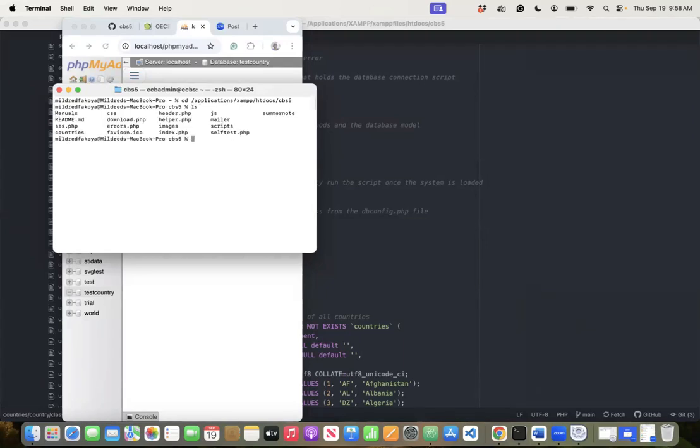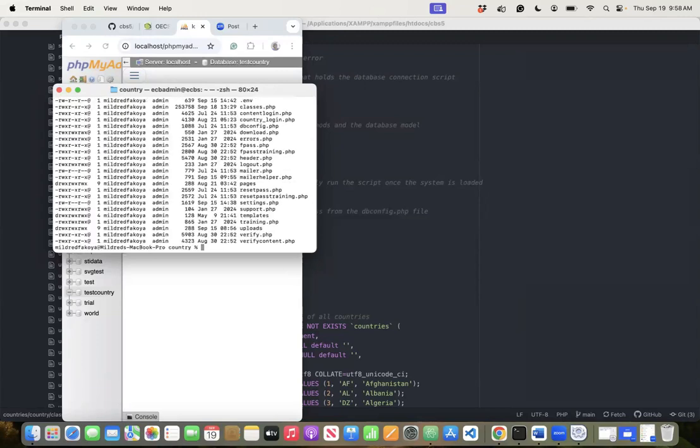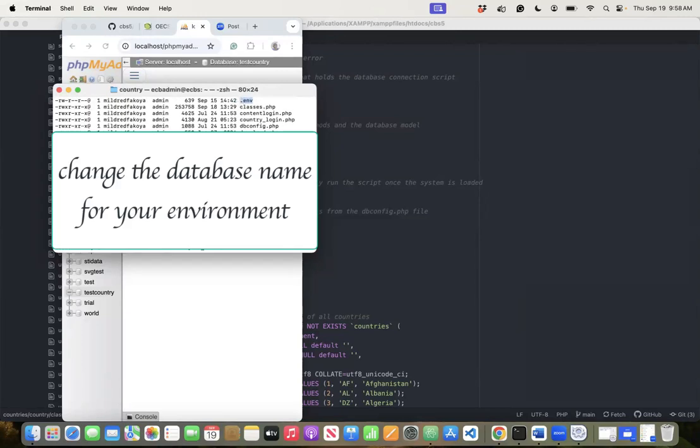Now, this is the directory structure. We say it is in the countries /country directory. And when we list here, we should see that we have the .env file, which is the environment file. So now I want to open the environment file